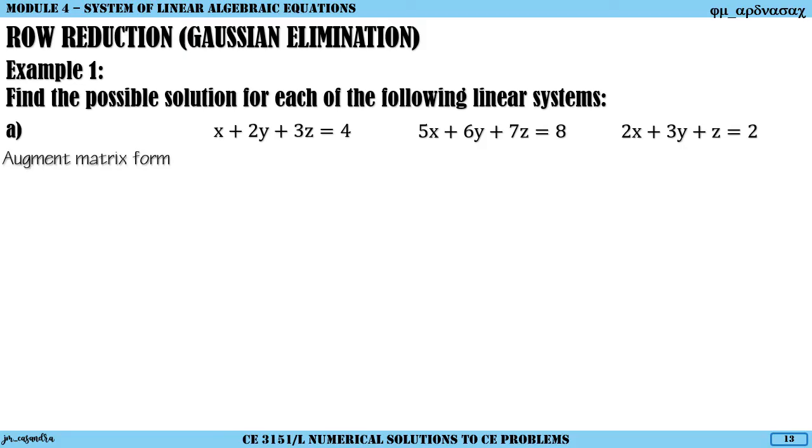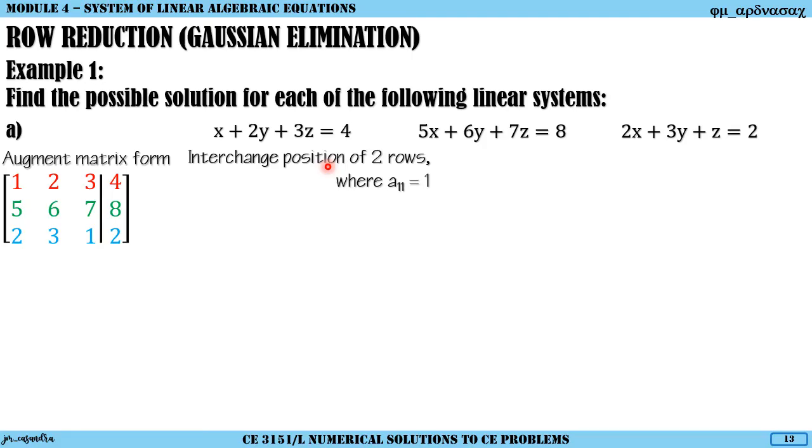equations. So first, we convert our three equations to its augmented form. So we'll have 1, 2, 3, 4 for our first equation, then 5, 6, 7, 8 for our second equation. For our third equation, that will now be 2, 3, 1, 2. So after augmenting our equations,